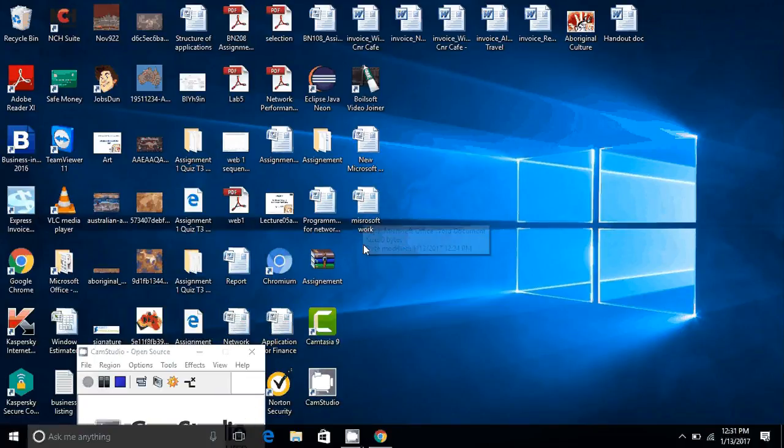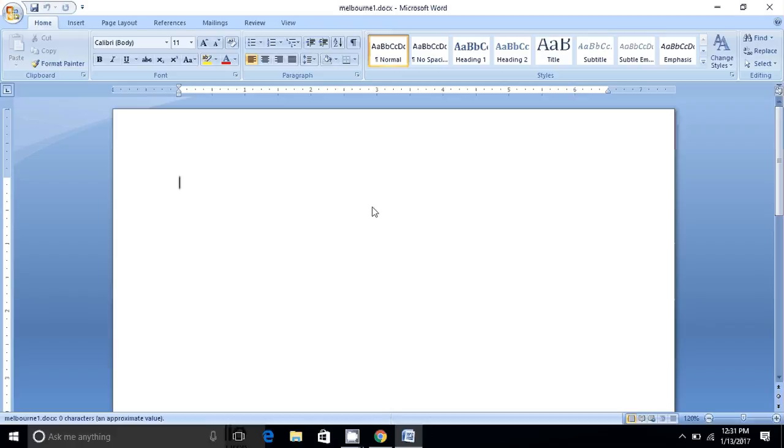In this step, we will create a file to make a comparison. The first file I will type with the name Melbourne1.doc. In this document, we can type whatever we want.